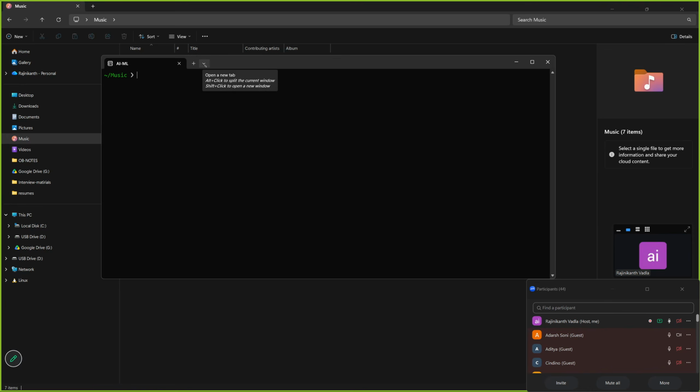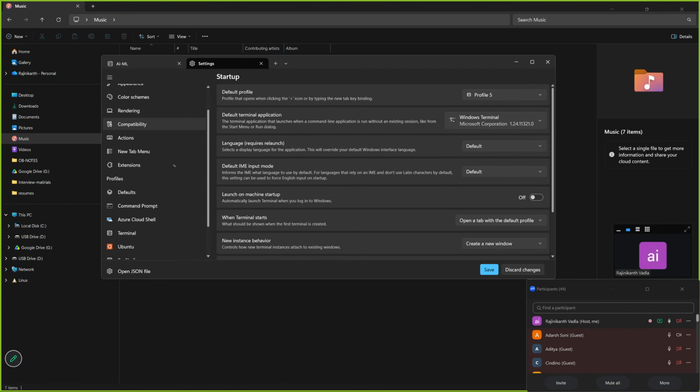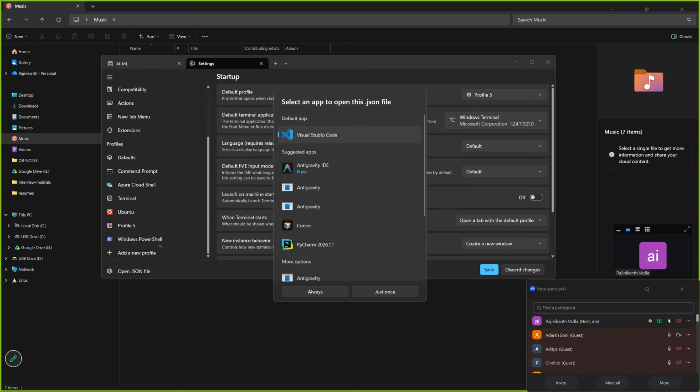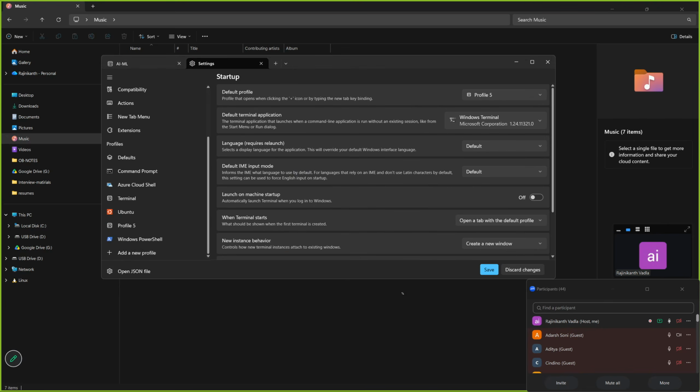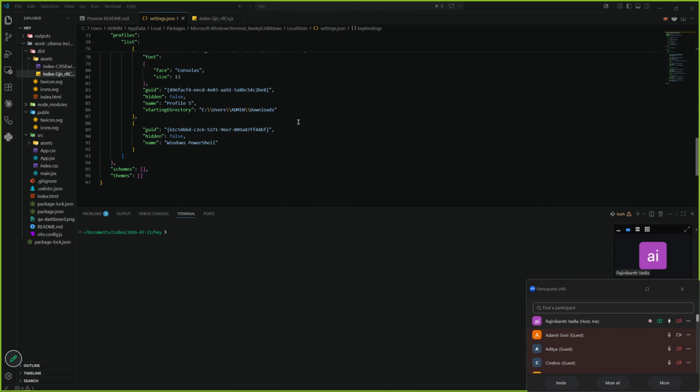On the right side, this dropdown shows these many profiles, and this is my profile right now, the AML profile. So I will pass you the settings, sir; please use those settings. When I say open JSON, it will open here. This is a script I will pass in the classroom.